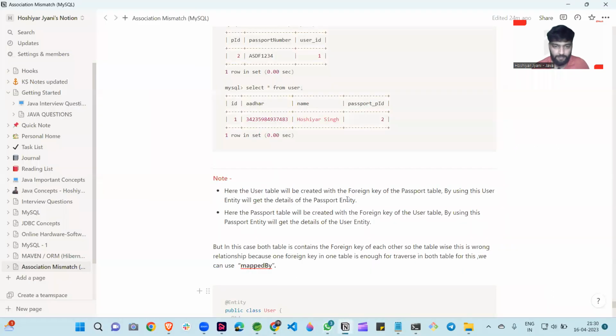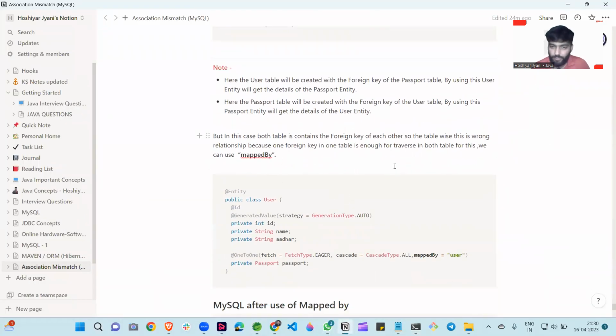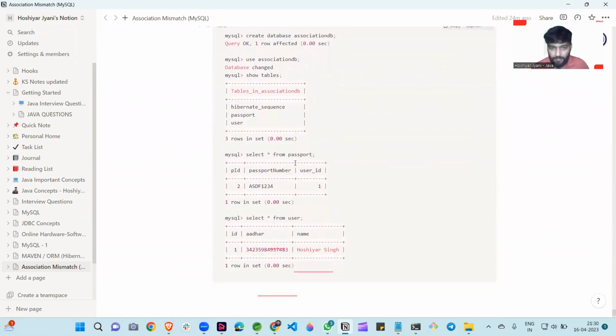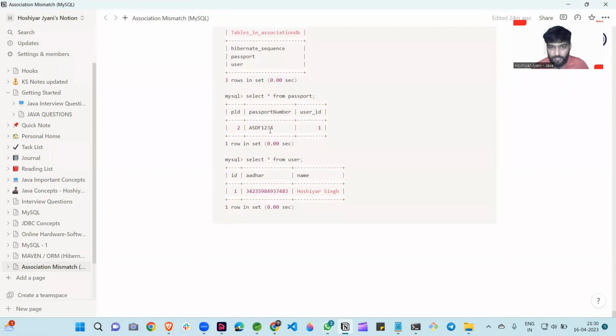First of all, see here, we are using mappedBy. In the user class, we are explicitly telling it; in one-to-one, you can use it on any side. So mappedBy user. Why am I writing user here? Because in the passport side entity, we have a user variable now. So we are mapping our passport to our user. After that, we get this type of result, because this contains the reference of user, but this is not containing the